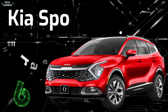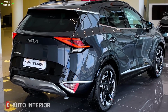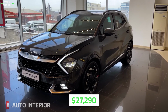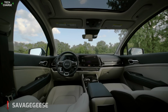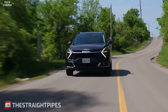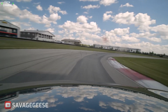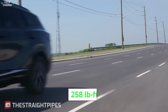Number 6. Kia Sportage Hybrid. Kia Sportage Hybrid is a newly launched SUV from Kia at a much more affordable price, starting at $27,290 for an SUV category. Sportage Hybrid is a compact crossover possessing an upscale appearance and charming driving dynamics. Given the best-in-class 227 horsepower of the turbocharged hybrid powertrain and a powerful 258 foot-pounds of torque available at 1500 RPM,